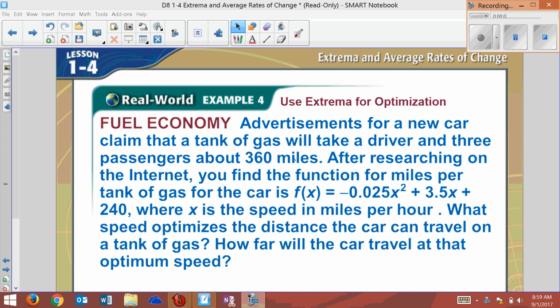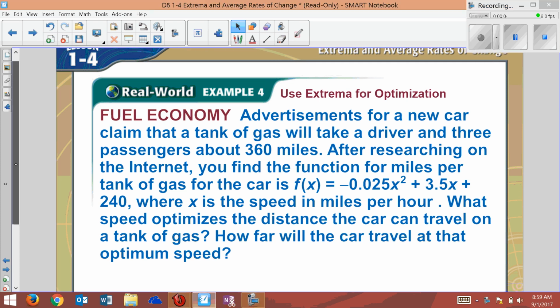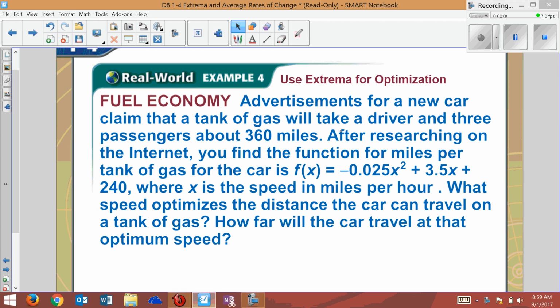As mentioned in the last example, these are the type of questions you might see in the SAT and ACT or ACPs. A lot of times they're real-world problems. Let's check one out that's real world. It says advertisements for a new car claim that a tank of gas will take a driver and three passengers